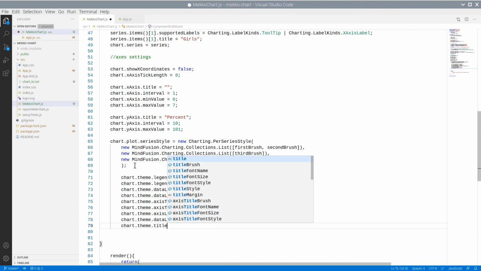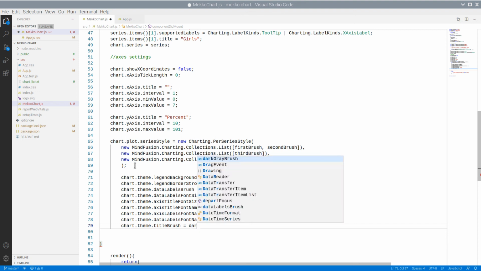The title brush is the dark gray brush, which we defined at the beginning.